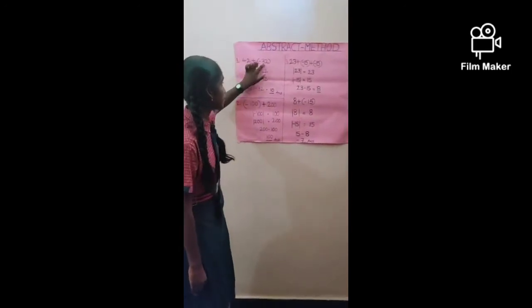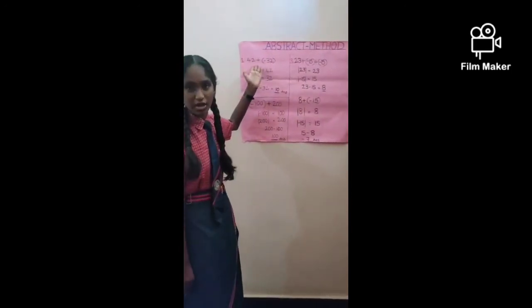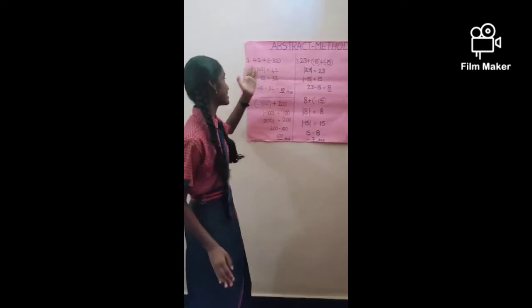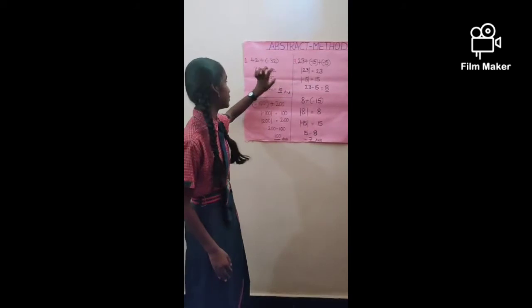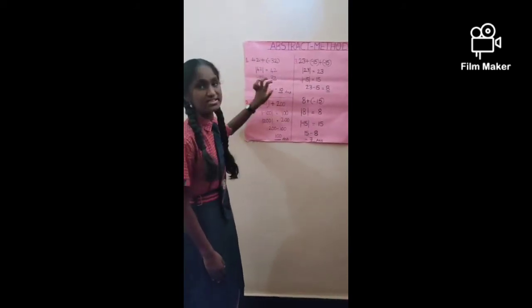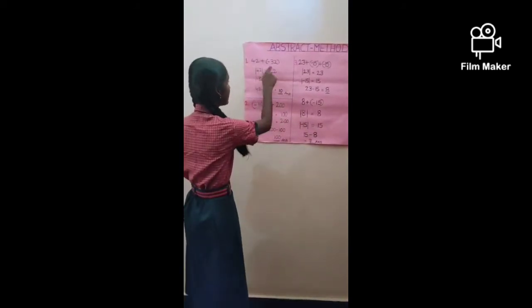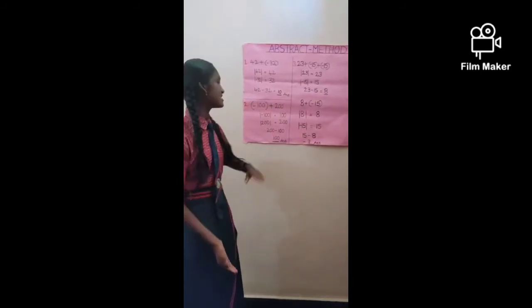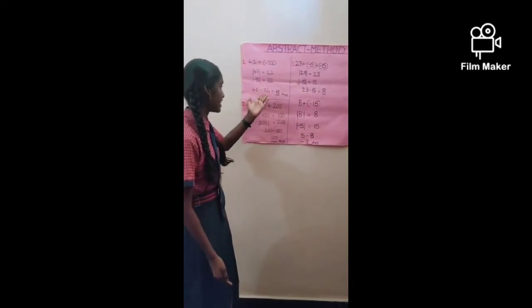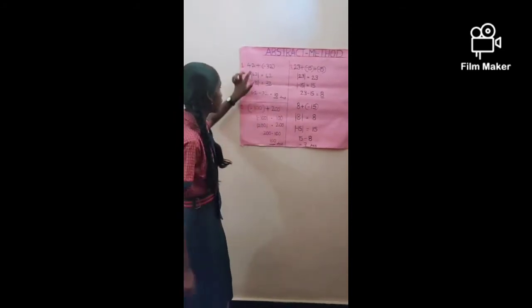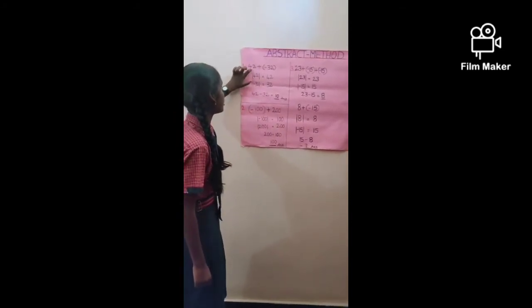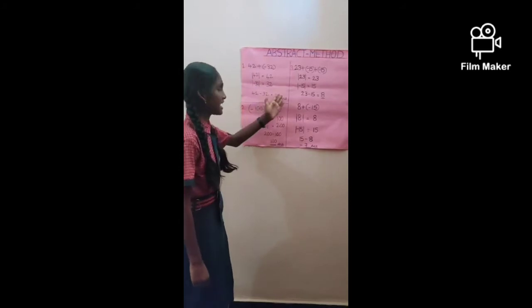42 plus negative 32. Will you do it on an integer number line? No. That's why we use the absolute value. So the absolute value of 42 is 42. The absolute value of negative 32 is 32. So they both have different signs. That's why we should do subtraction. So 42 minus 32 is equal to 10. In this, which integer is bigger? 42 is bigger, and 42 has a positive sign. So positive 10 is the answer.